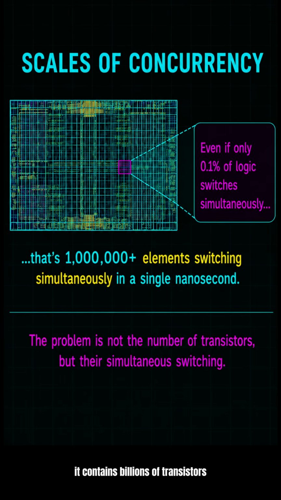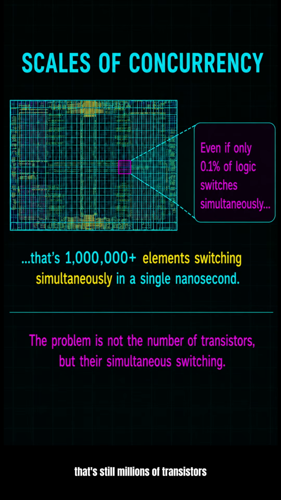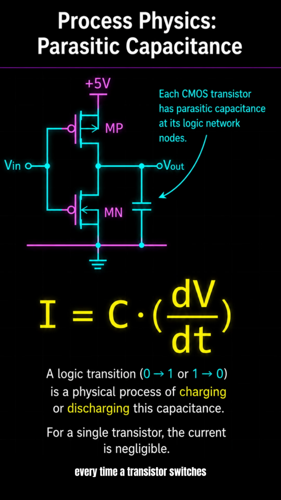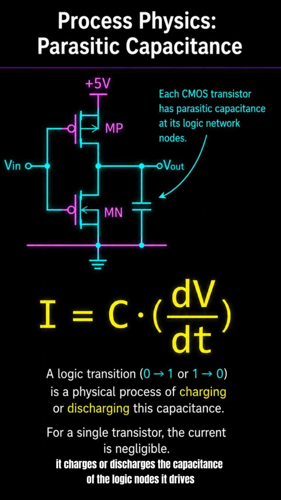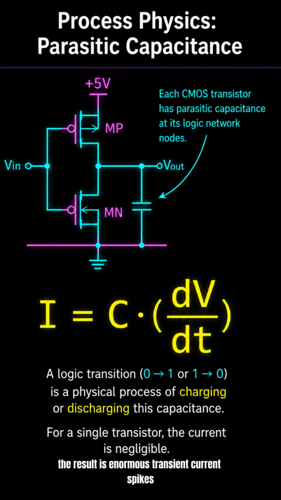It contains billions of transistors. Even if only 0.1% of the logic switches simultaneously, that's still millions of transistors changing state at the same instant. Every time a transistor switches, it charges or discharges the capacitance of the logic nodes it drives. For a single transistor, the required current is negligible, but when millions switch simultaneously, the result is enormous transient current